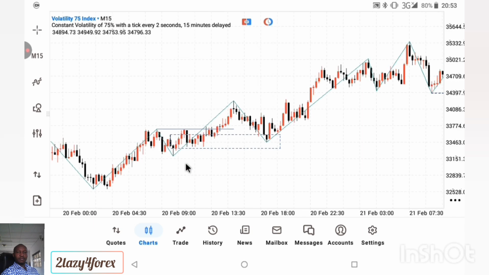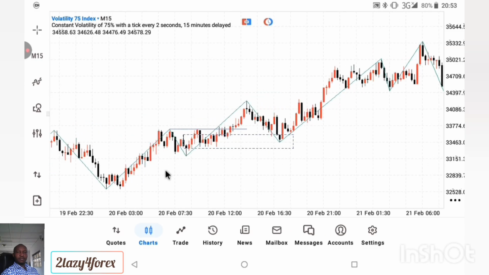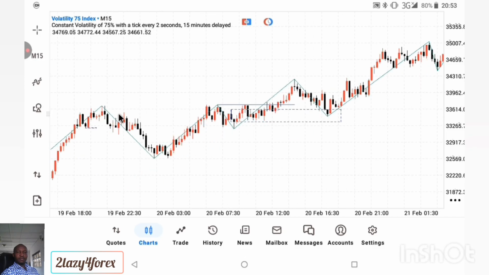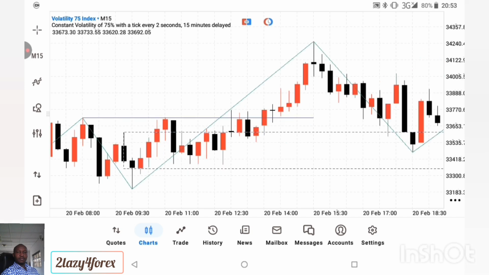Okay, so this is my pullback, my confirmed pullback. That's why you have this here, a confirmed pullback. That is where it broke the highest low. It confirmed the pullback. Then I start looking for a break of the lowest high. This is the lowest high in this pullback phase. So once the break happens, a higher high forms, I'll mark my, I said it, a protected